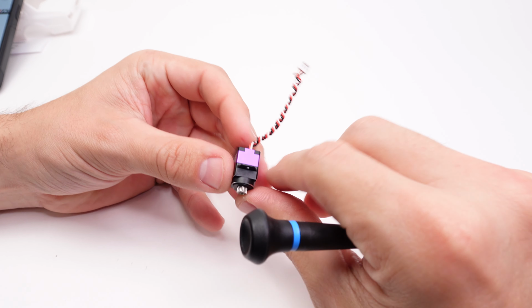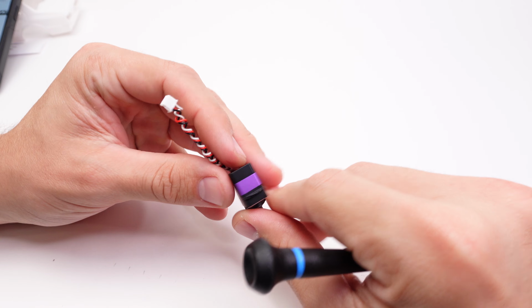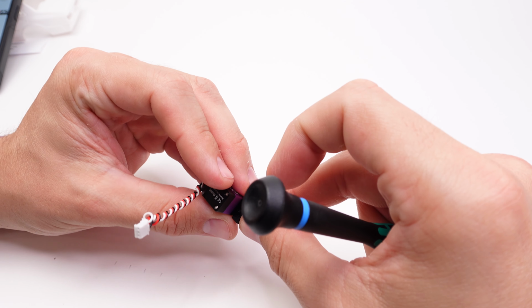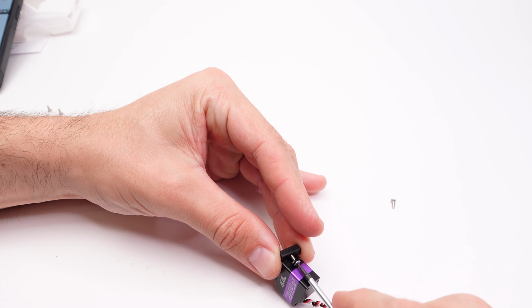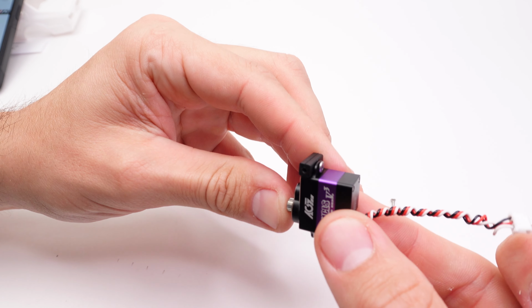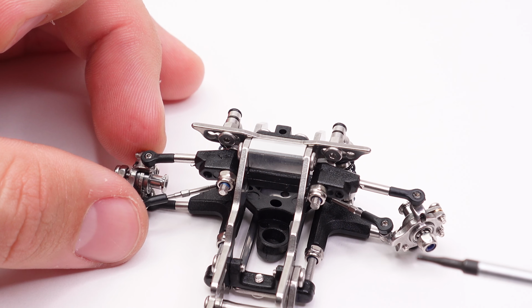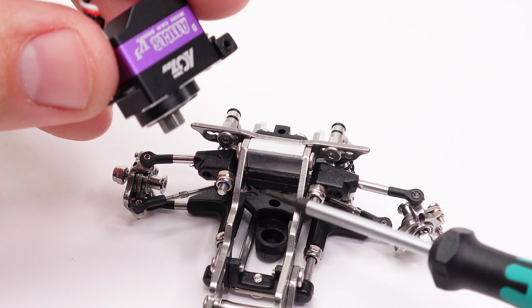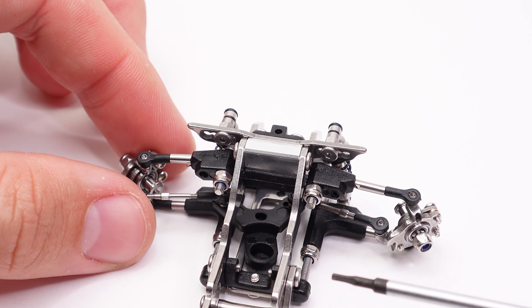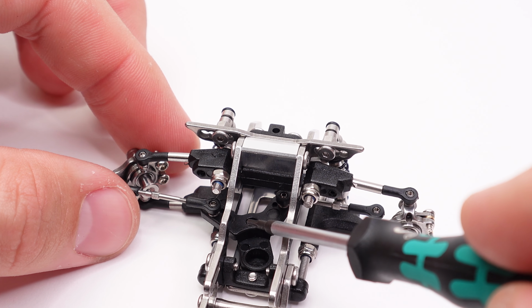So while I have the servo off, I'm actually going to install this back mount real quick. Should go just like this according to the photos. It's going to be one of our mounts right there, as you can see. Things get a little harder when you're trying to get this put into this front mount up here. Now I can either just try to do it with this all in here, or I think the easier way